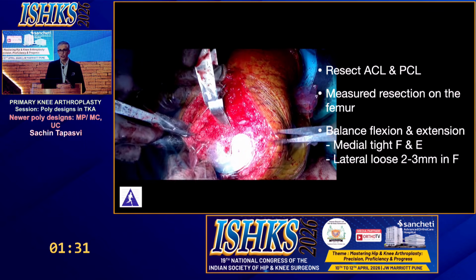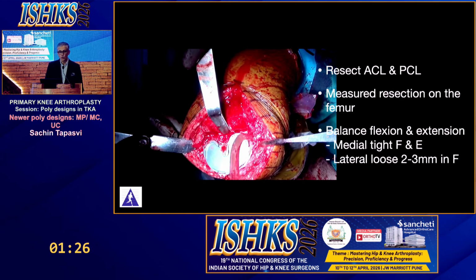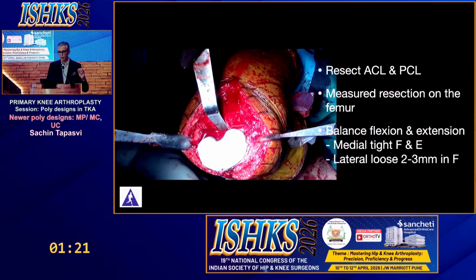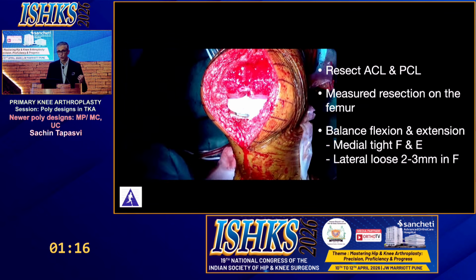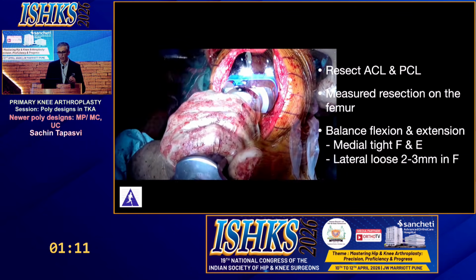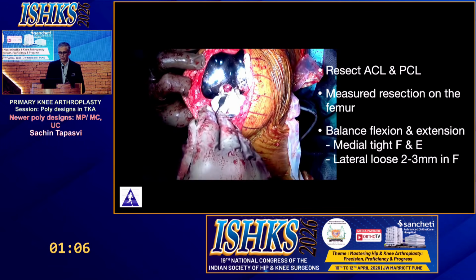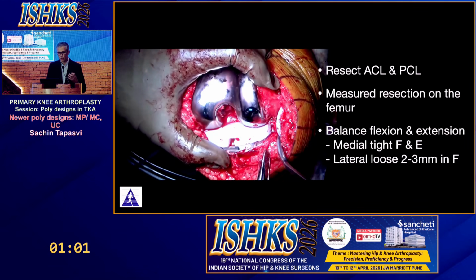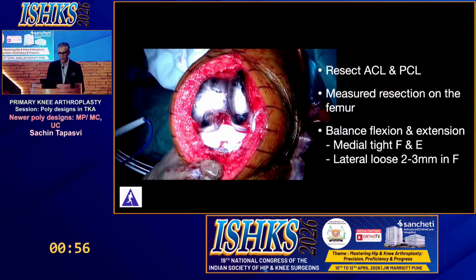How do you essentially do a true MP? You're going to resect both the ACL and the PCL. You can do your measured resection and your gap balancing. You need to have a completely balanced flexion and extension gap on the medial side. On the lateral side, you want to leave it loose by about 2 or 3 millimeters in flexion, and that's how you're going to have your proper MP balance. When you're doing a proper MP design, you should be able to see this very good conformity on the medial side with a bit of glide and rotation on the lateral side, which is what